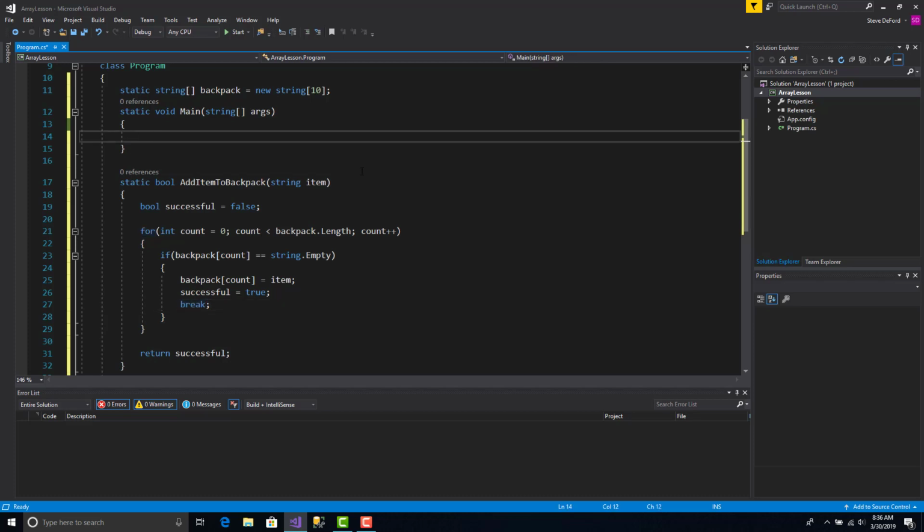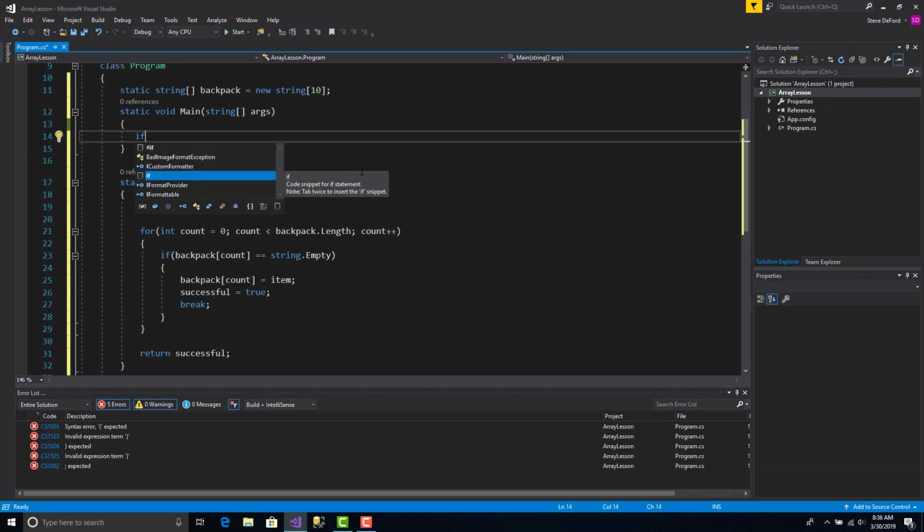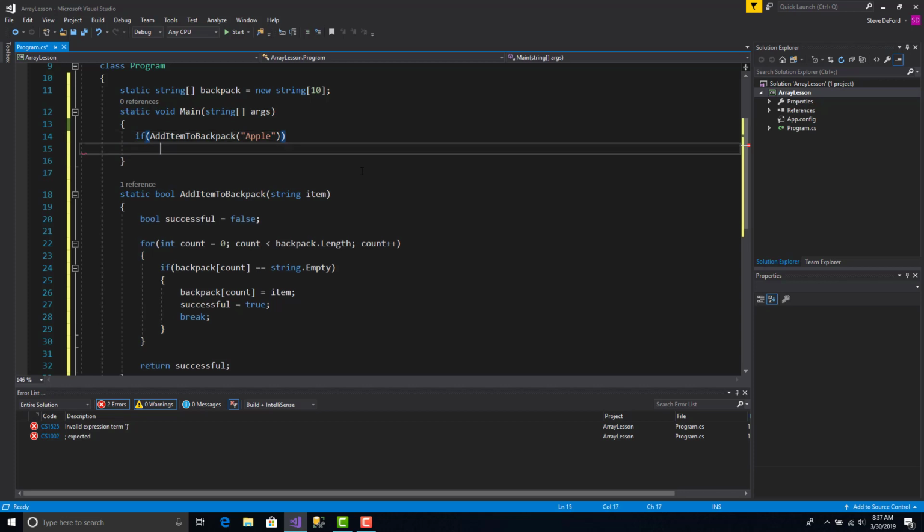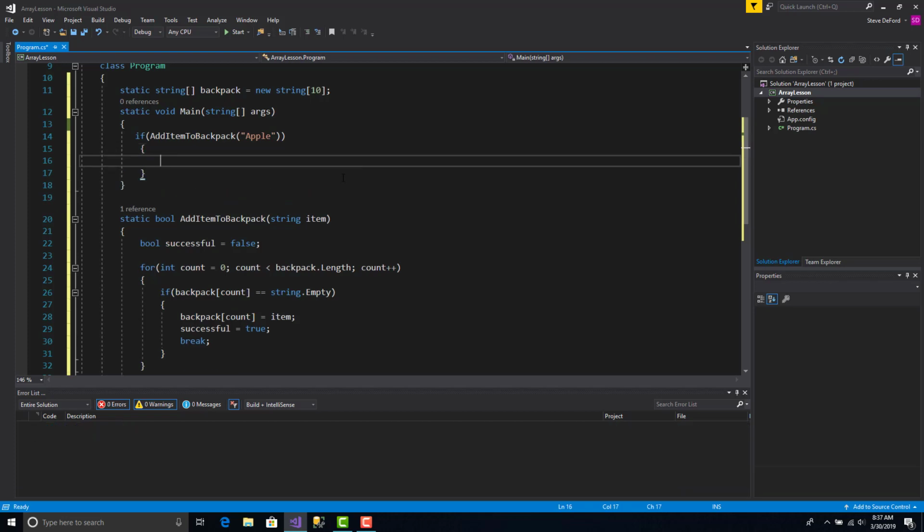So up here, we're going to add some items to our backpack. So if AddItemToBackpack, open parenthesis, we need to pass an item to it. Let's pass apple. So we're going to pass an apple. As long as that's true, we will be able to